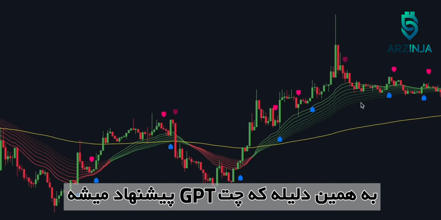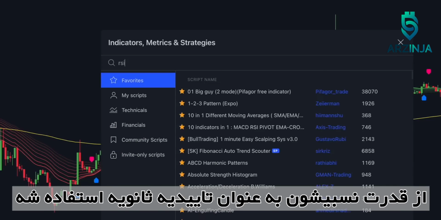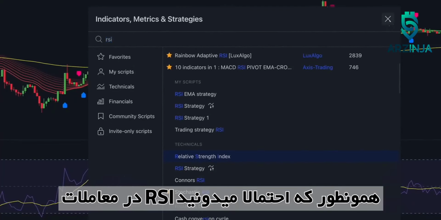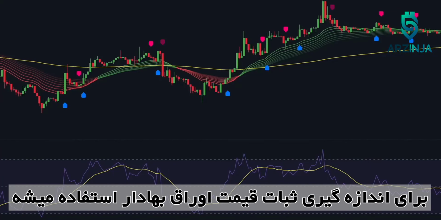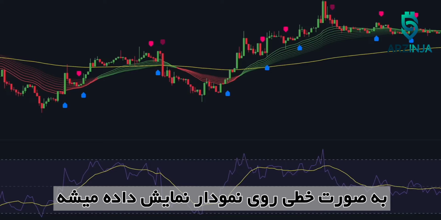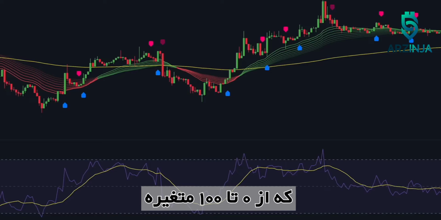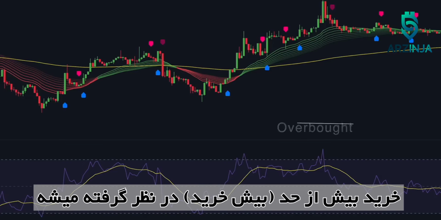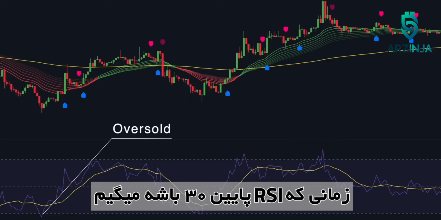That's why ChatGPT suggested using the relative strength index as secondary confirmation. As you probably know, the RSI is used in trading to measure the strength of a security's price action. It is displayed as a line on a chart that ranges from 0 to 100. When the RSI is above 70, it is generally considered overbought, and when it is below 30, it is generally